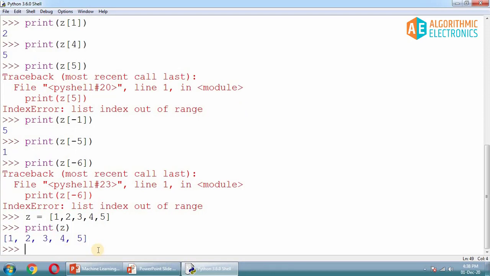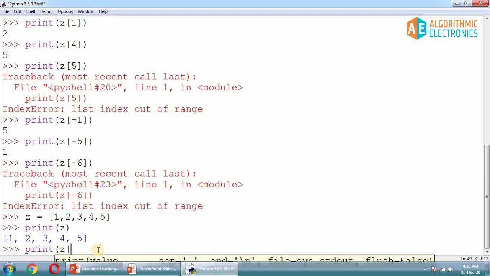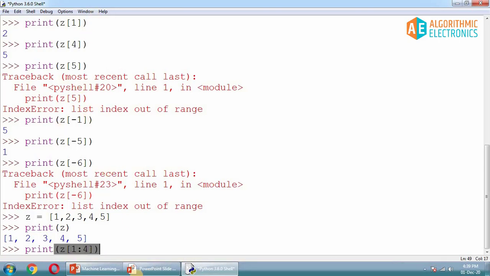If I print z of 1 to, let's say, 4, now instead of giving a single index, I am giving a range from 1 to 4.